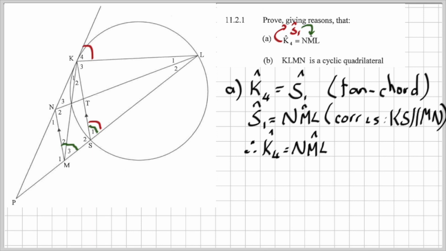Again, don't forget about what we just did. We proved K4 is equal to M2 plus M3. In the next question,